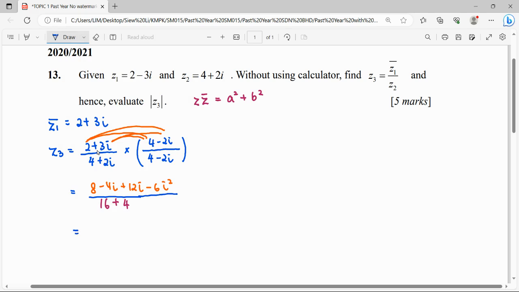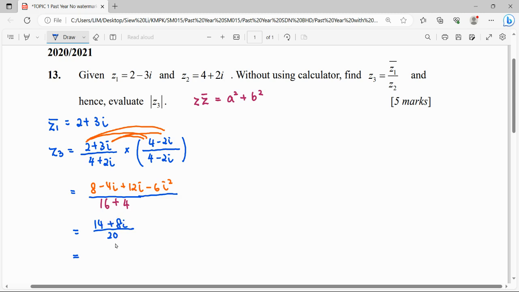Simplify this operation of complex numbers, where i squared is equal to negative 1. So here it will be positive 6 plus 8, we get 14. And then negative 4i plus 12i, we get positive 8i. Denominator 20. So lastly, we have to express our complex number in standard form, where our real part is 14